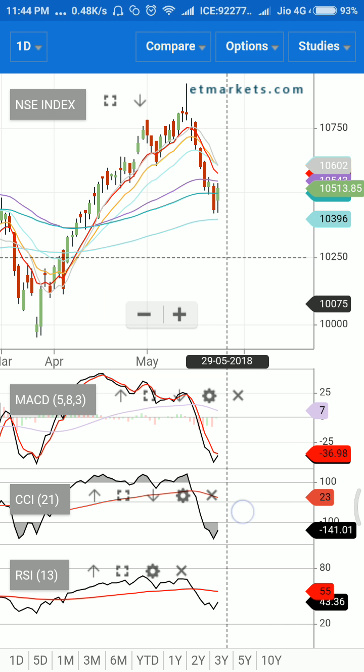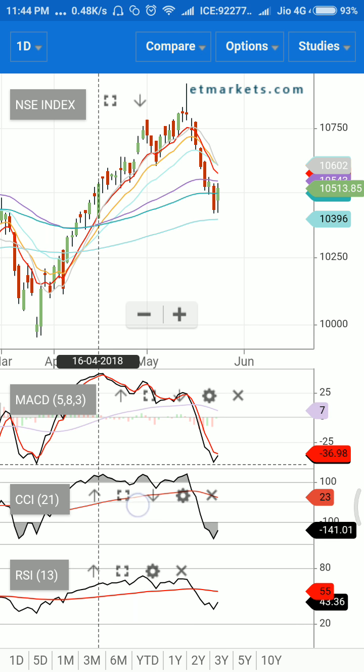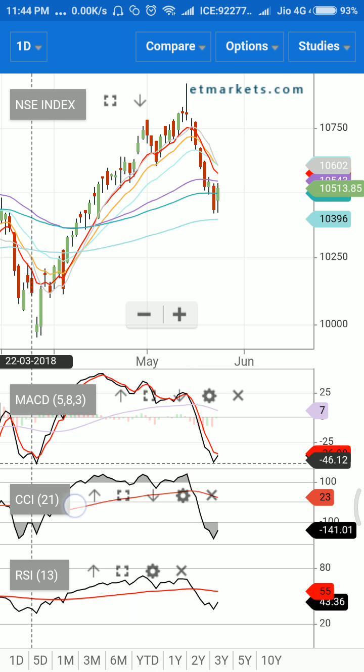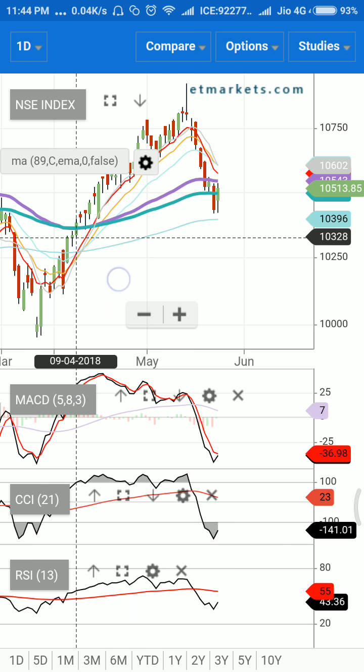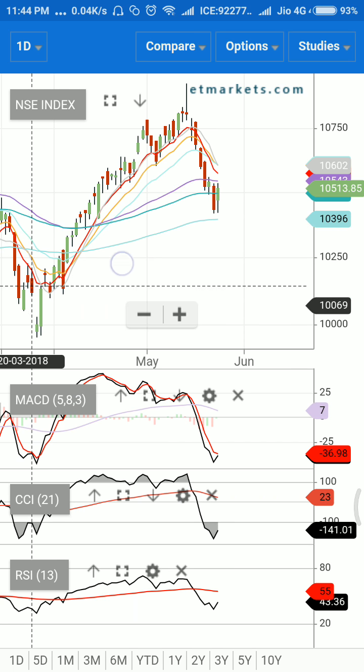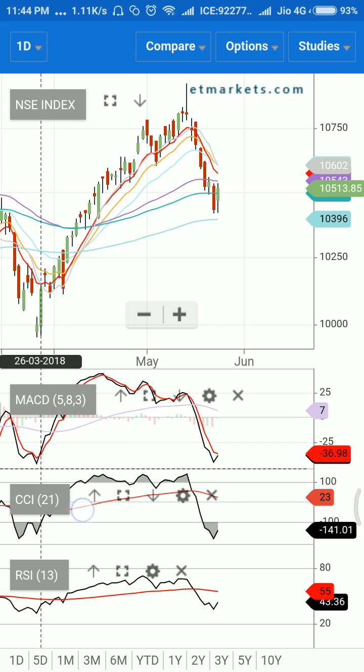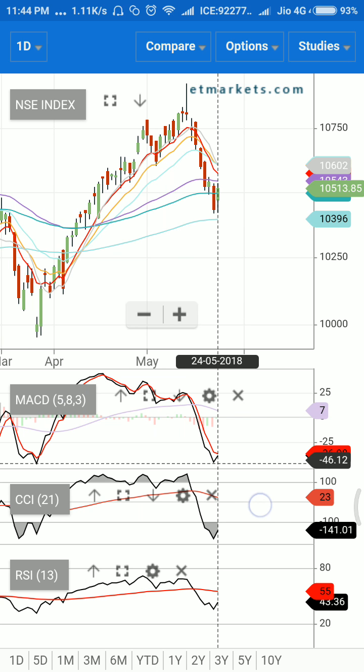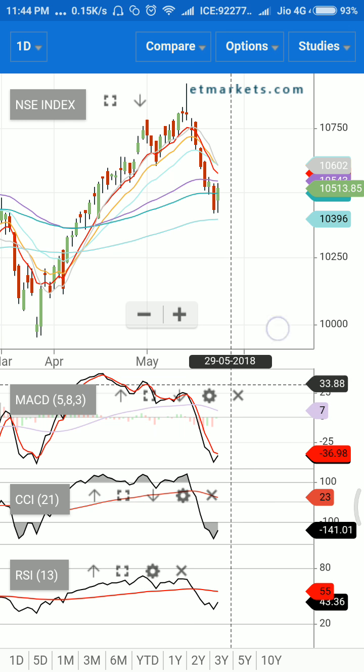Let me first tell you the analysis of MACD. Here you can see that at this particular level we have received support from MACD. Here you can see the prices went on to a very nice up move. Now you can also see that the exact support of MACD has prevailed here. So if this crossover happens to